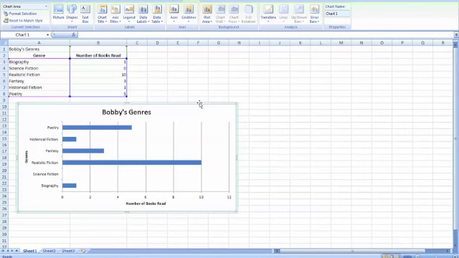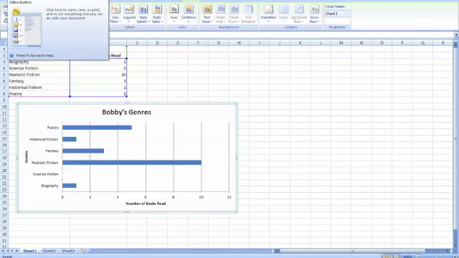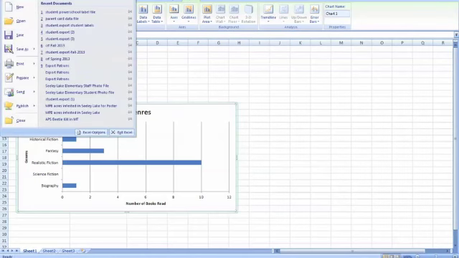You can go ahead and save this document. We'll print them and do some more exploring next week. So go ahead and click the Office button. Go down to